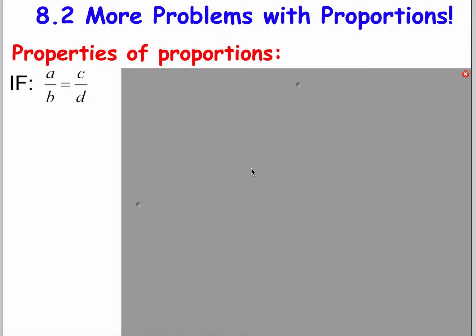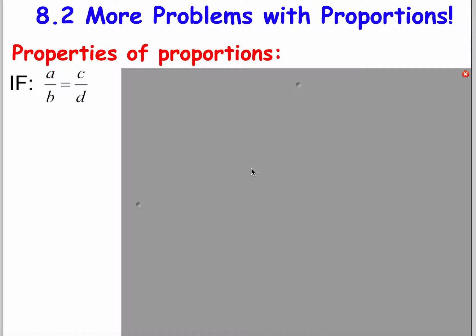Okay, we're going to talk a little bit more about proportions. And in this lesson, we're actually going to prove for a second why cross multiplication works. Okay, so there are several rules that we use when we're solving a proportion, but we may or may not even realize that we're